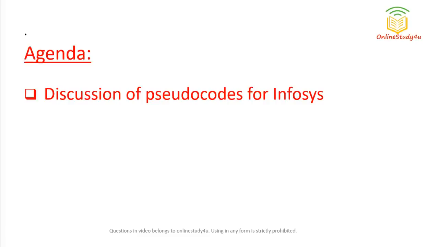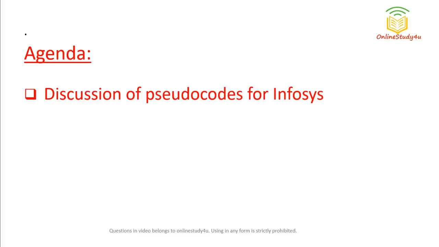First of all, let me tell you that Infosys is sending mails regarding two job roles, that is system engineer and operation executive. Those who have got the mail regarding operation executive, I guess for them there is no pseudocode section. Some students told that they applied for system engineer but got the mail regarding operation executive. Maybe according to your qualifications you were matching that particular role, so that's why you got the same. Just give the test and see the rest later.